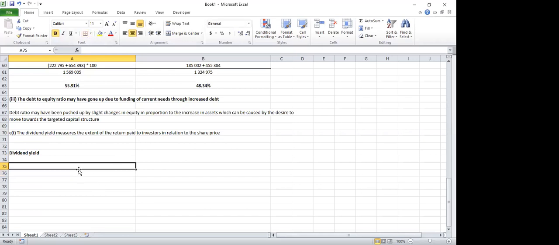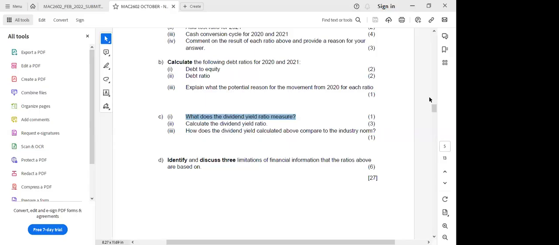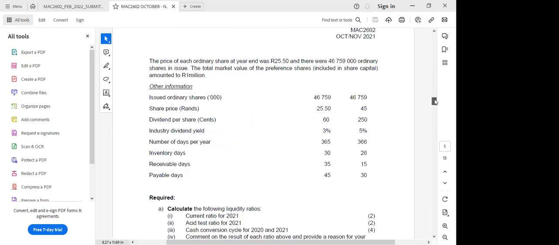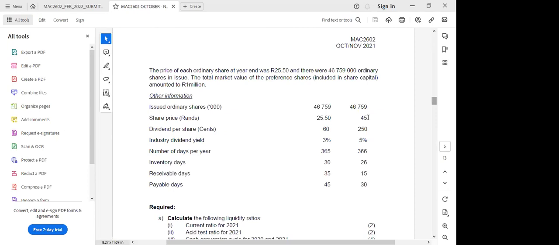Right. That's the dividend per share. We normally multiply by 100, expressed as a percentage, divided by the share price. Dividend per share was given here. Share price was given here. Right, so we can say